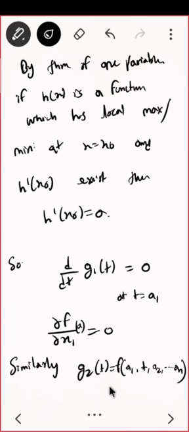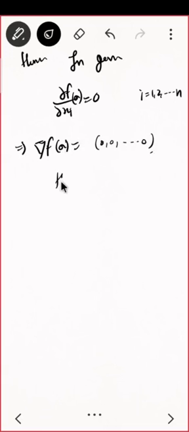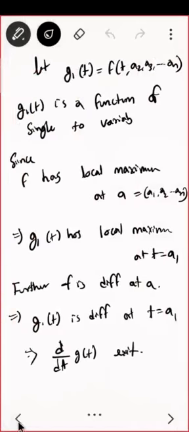So we can see that in general, each of the partial derivatives will be 0 at the point E, where i is running from 1 to n. What do you mean by that? That implies delta f at E is 0. Hence proved. This is what we wanted to prove actually. Look at the theorem.